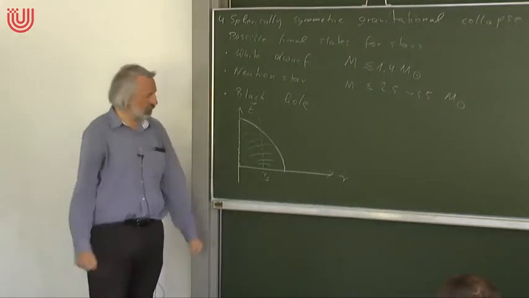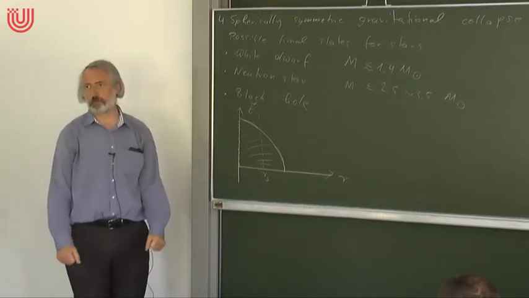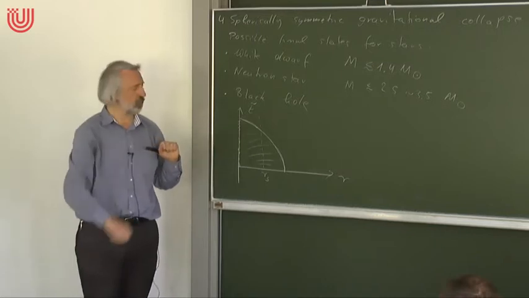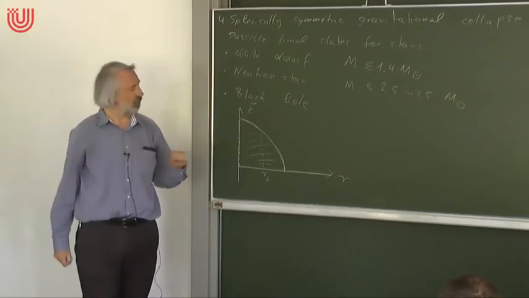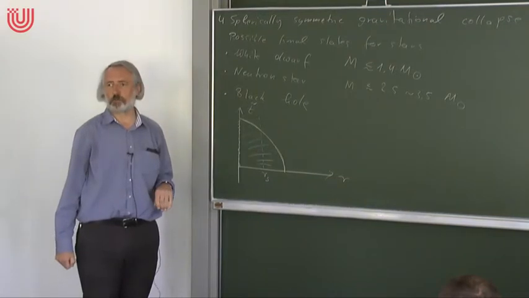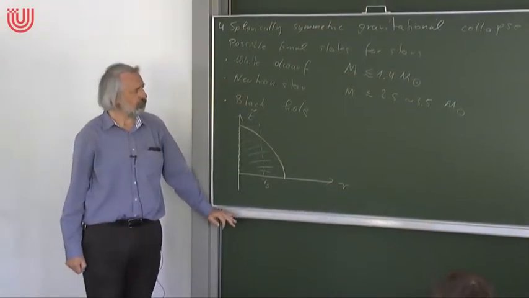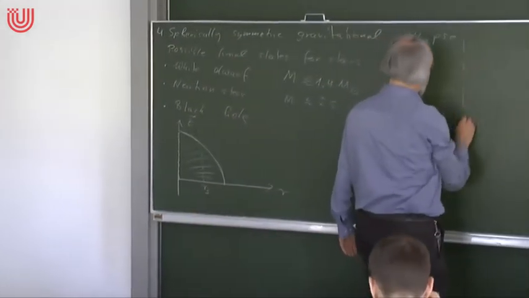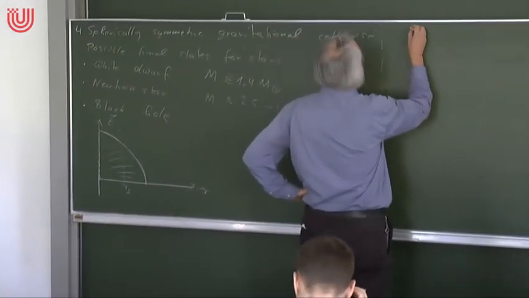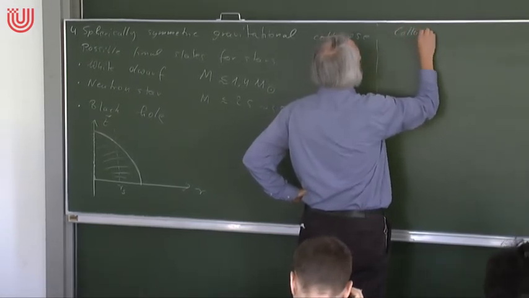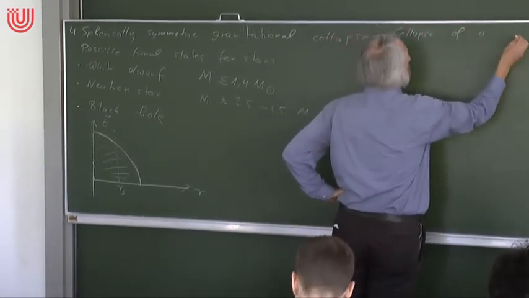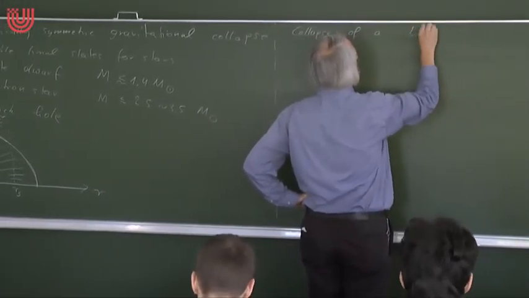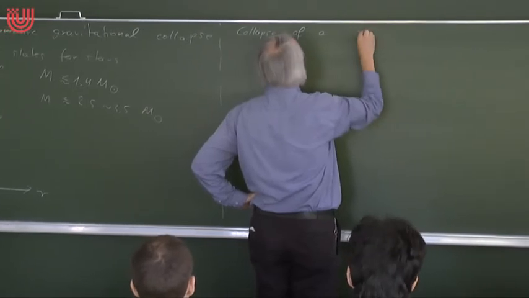What makes this solution interesting is that it is an exact solution to Einstein's field equation, which can be written down analytically. You can write down the metric, we will do this. You can write down the density, you can write down the time which it takes the object to collapse, you can write down everything explicitly. And for this reason, I think it's worth discussing this. So what we now want to do is the collapse of a spherical, or let's say of a ball of dust. Let's put it this way. Spherical.